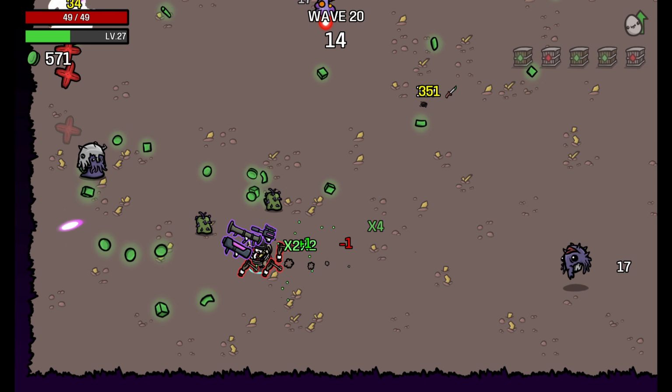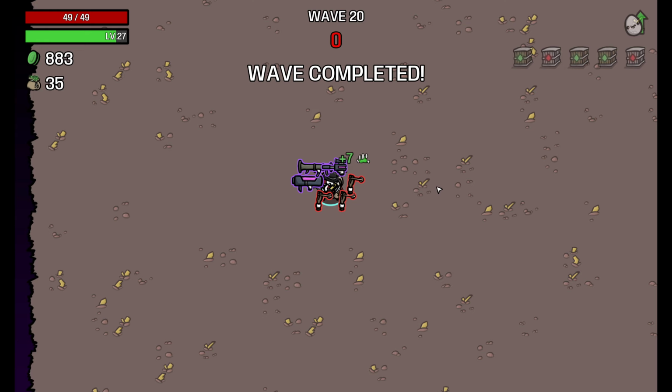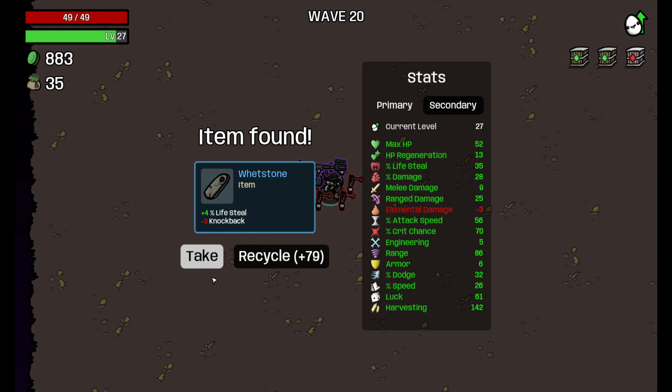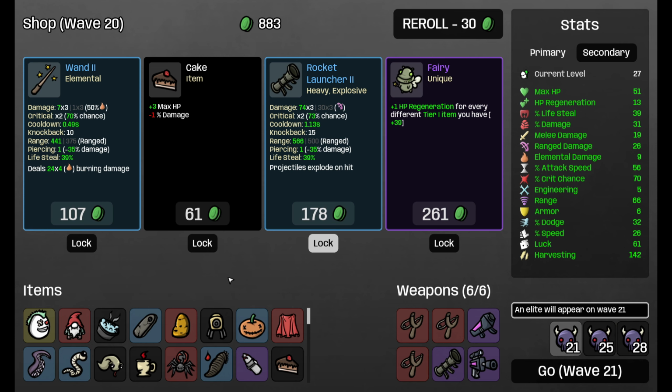Wasn't this an easy wave 20? Yeah, I would say so. And there's the end of it. Look at the red items that we got. We got a scared sausage potato, of course, and a gnome. Wow, great. Yeah, I took it because...